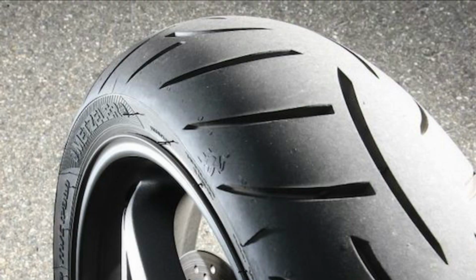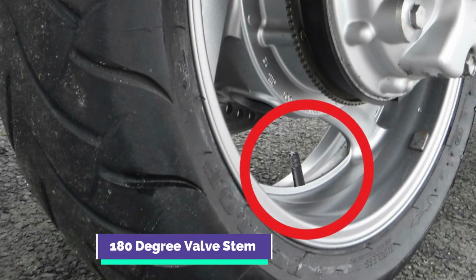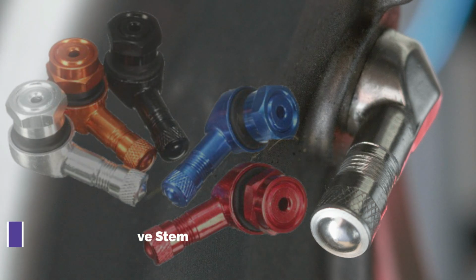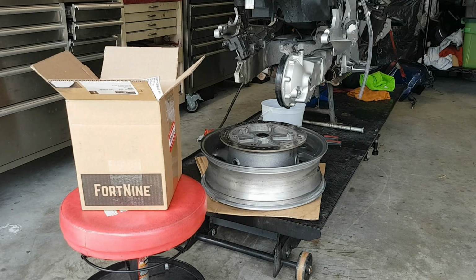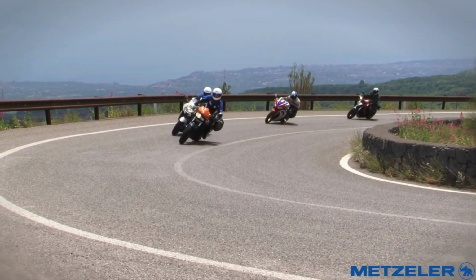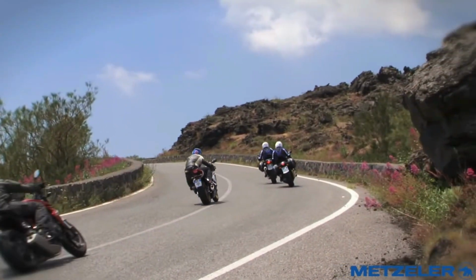Oddly, the replacement Metzeler Road-Tech tires arrived a full week ahead of the rest of the bike's parts. But since I'm replacing the 180-degree valve stems, which make adding air to the ST1300 near impossible, with some K&L aluminum 90-degree valve stems that didn't arrive at the same time as the tires, the new rubbers sat around waiting just like me. While we're talking about tires, I cannot stress enough how great the Metzeler Road-Tech tires are for